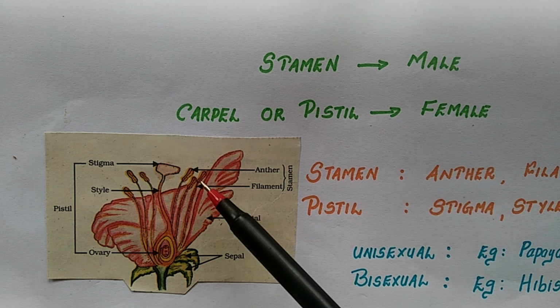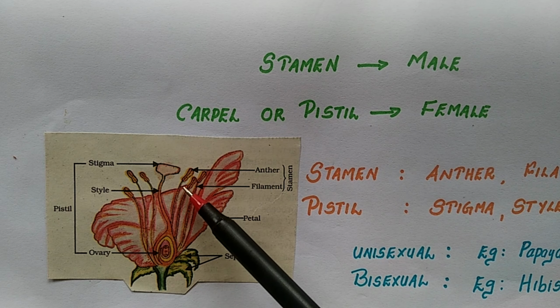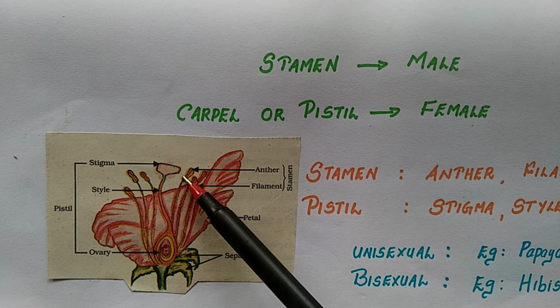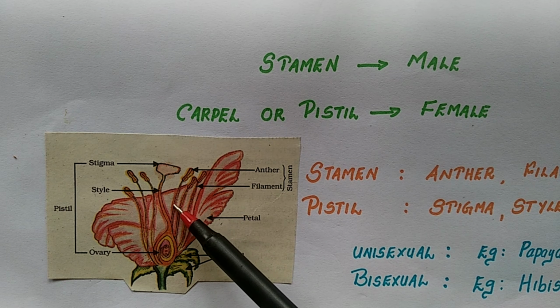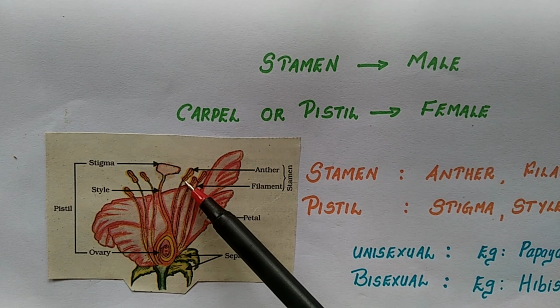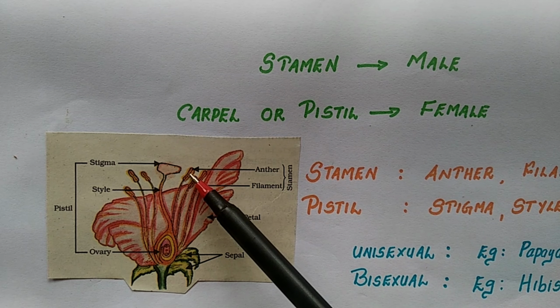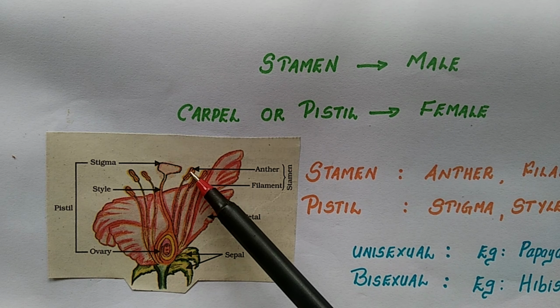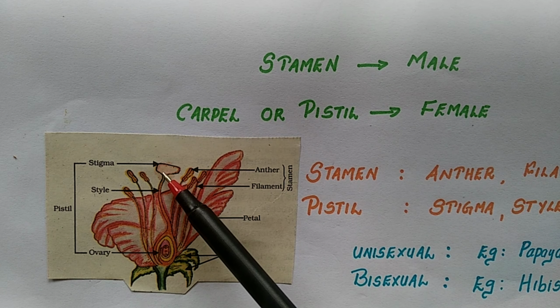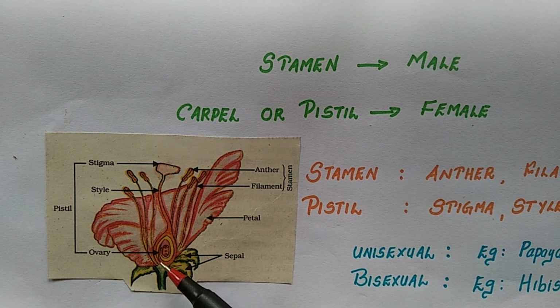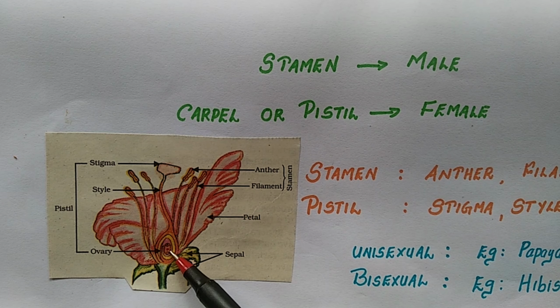Now as I have already told you, this is the male part of the flower which comprises anther and the filament. This portion is the anther, and this long stalk is the filament. On the tip of this anther you can see a yellow powdery substance stuck onto the anther, and these are the pollen grains, or the male gametes. The female part consists of stigma, style, ovary and ovule, and as I have already told you, the fusion of male and female gametes is fertilization.